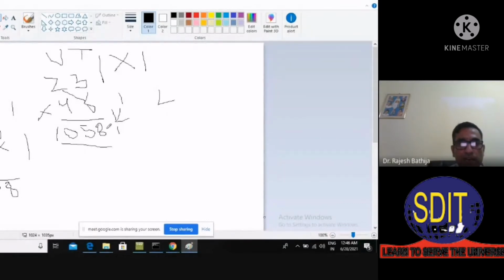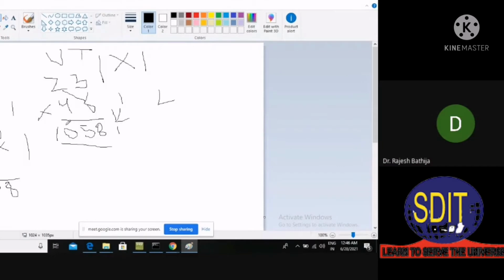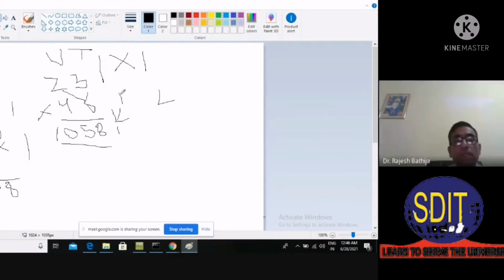But what is the benefit of this and what is the drawback of this? Here you require less pencil or less pen to use it. So you are saving your pen also, as well as you are saving the paper also. And if you are saving the paper, then you are saving the tree also, right? So if you are using the UT Sutra over here, then these are the advantages you are getting, right?